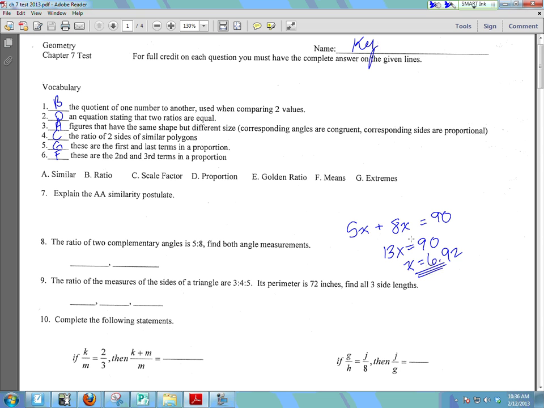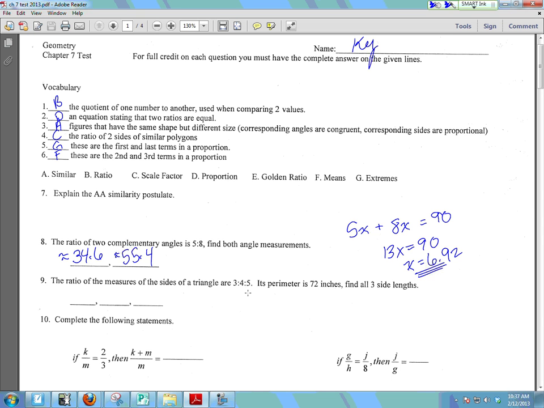Okay, so we want to know then what were the original angle measurements. Well, if I take 6.92 and multiply it by 5, that will give me one angle, which ends up being 34.6. And if I take 6.92 and multiply it by 8, that's going to give me about 55.4. Okay, and again, those are rounded, but they total 90. So basically, these were the two original angles that were complementary. They've both been reduced. If I divide that by 6.92 and I divide that by 6.92, I get 5 to